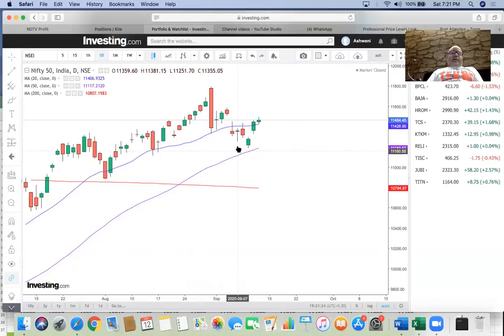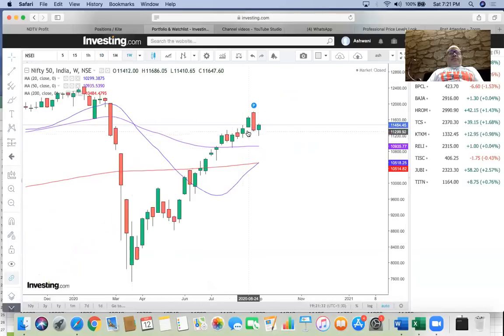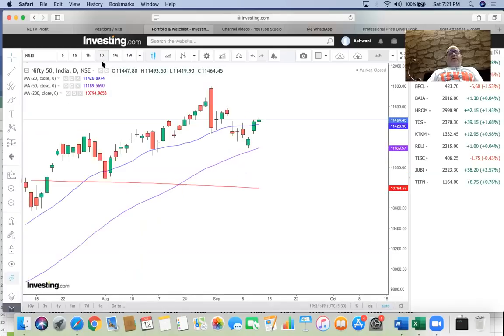Now the previous week low on the Nifty was 11,300, and we traded, I think, about a couple of days below this 11,300, and immediately came back, and you got a decent rally from these levels. Similarly, we traded below this day's low, and immediately you got the upside on